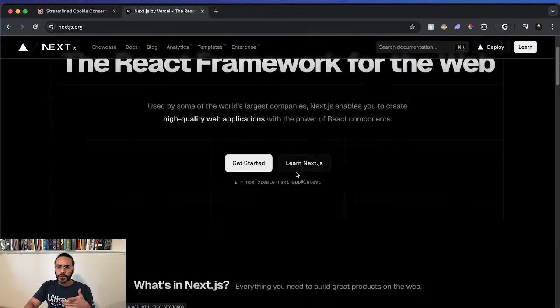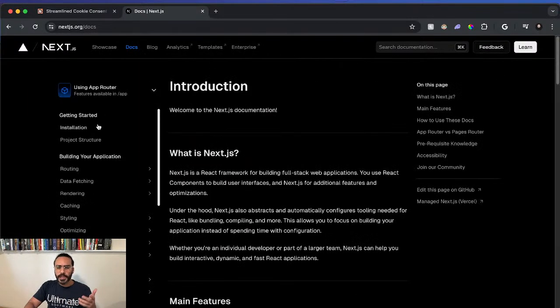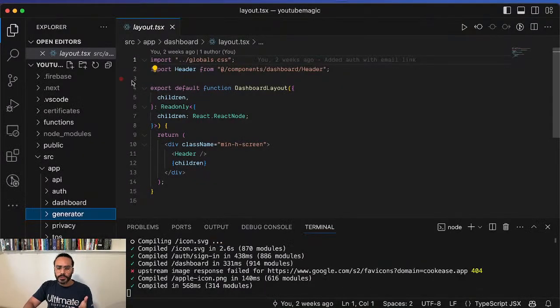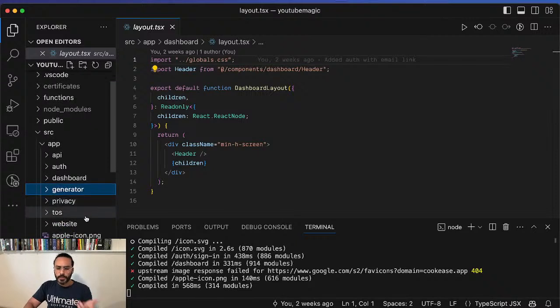So in here, I'm using Next.js, and I'm going to be using the app router. That's the newest way to create apps in Next.js. As I mentioned, I already have a project set up, and we're just going to leverage that to build our app. So what I've done here is that I created a new